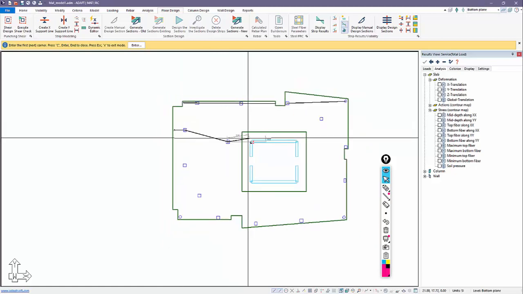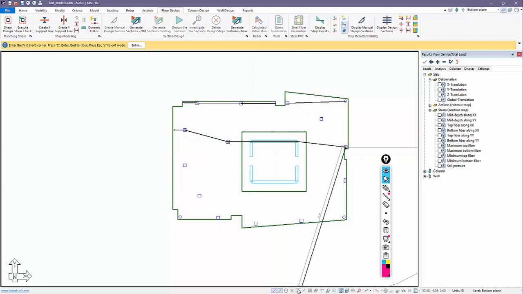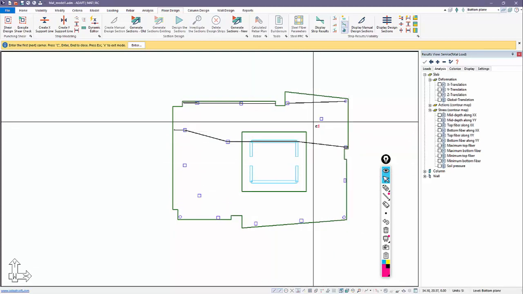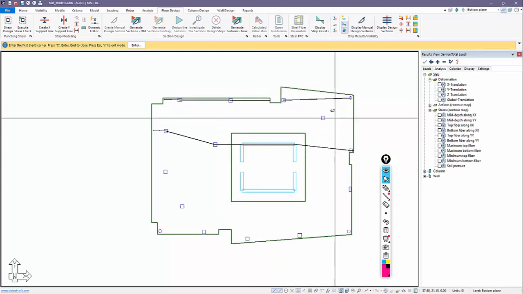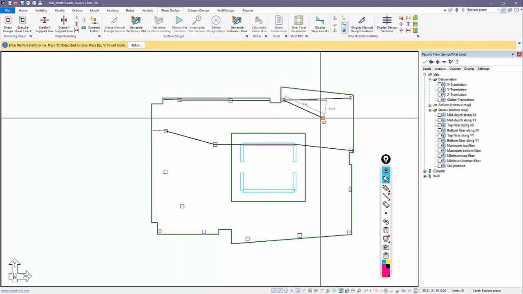Maybe we have something along this path. I'll select snap to perpendicular, and we might have something also in this location here. So maybe I do something like this. It's really subjective. You know, the user may have a different way of setting up those paths. I'm actually going to leave that as is.